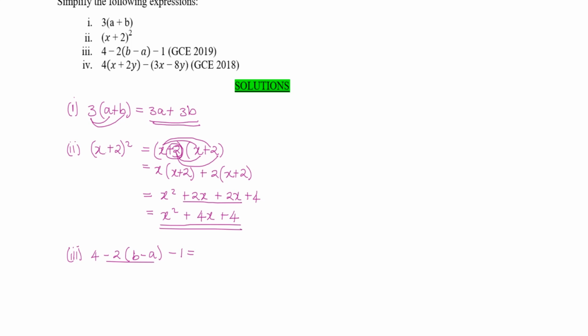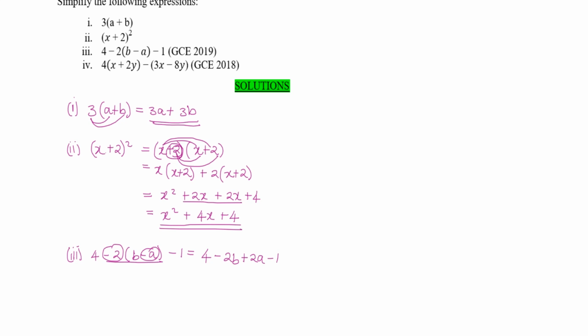We need to be careful because there is a negative, so we'll write 4. Then this negative 2 multiplied by b will give us negative 2b. Then there is a negative 2 here multiplied by negative a. It will give us a positive because negative times negative is positive. 2 times a is just 2a